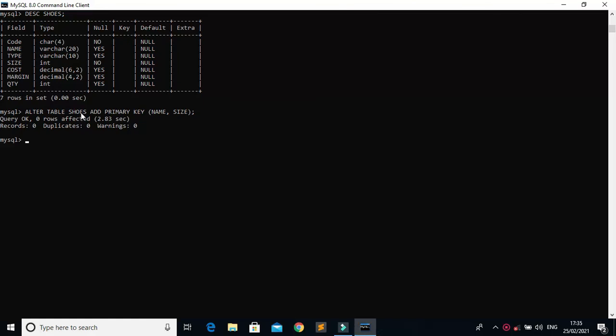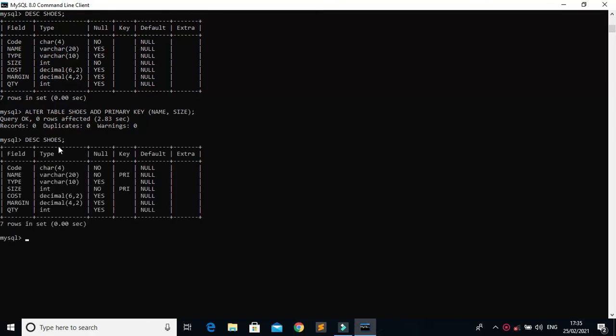It means this statement has added the name and size columns as a primary key. To see that the combination is added, just write describe shoes. Now this will describe the table, and you can see that name is a primary key and size is also a primary key. I hope this is clear.